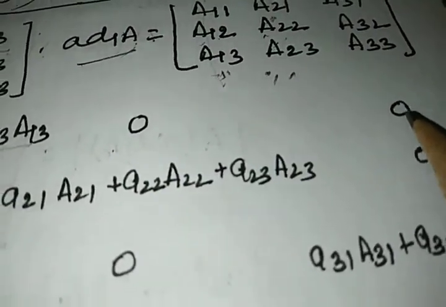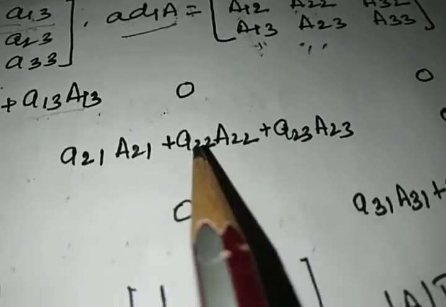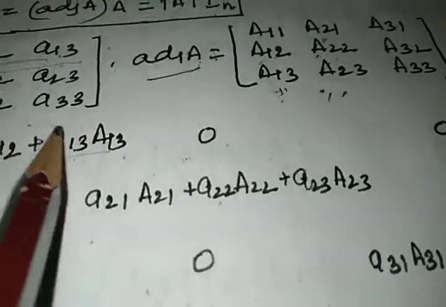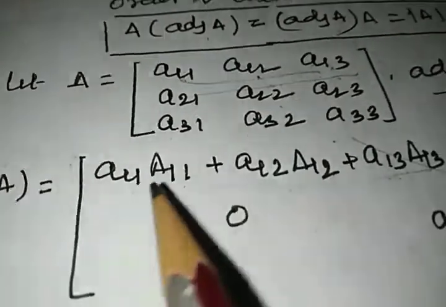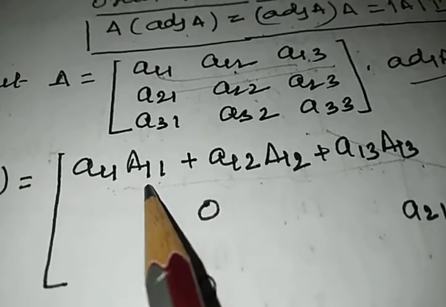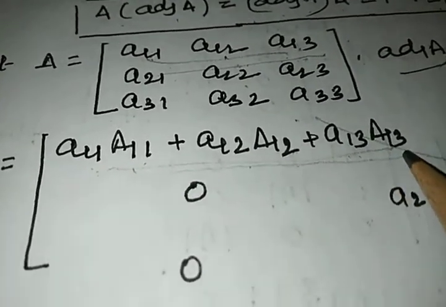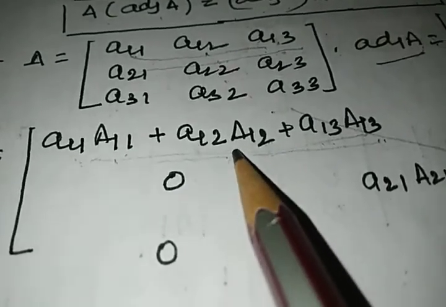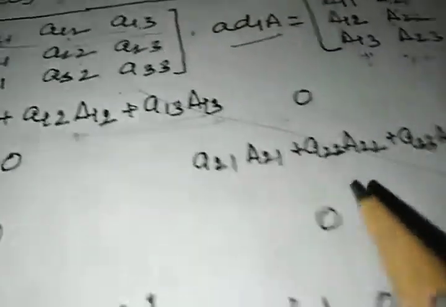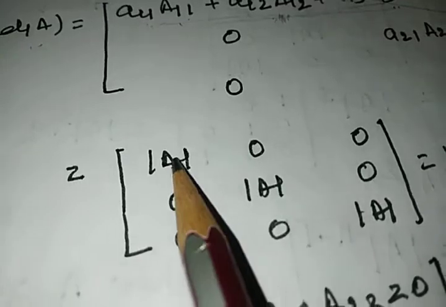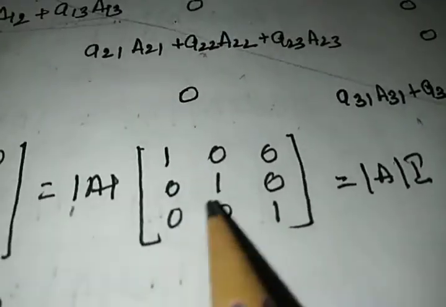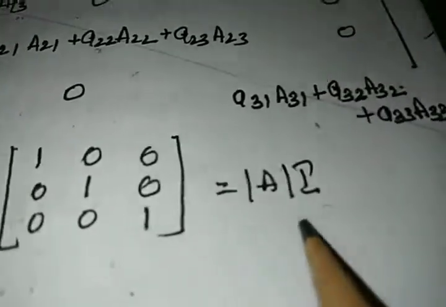All the same ones I have written here across the diagonal, and the rest are 0. Now we know that the elements with their respective cofactors give the value of the determinant. So this will be determinant of A, determinant of A, determinant of A, and the rest are 0. We are left with determinant A, 0, 0, determinant A, determinant A. Since this is a matrix, I have taken the determinant common, leaving 1, 0, 0, 0. Now this is determinant A into I.